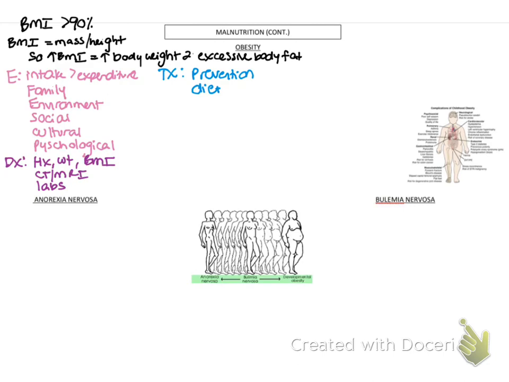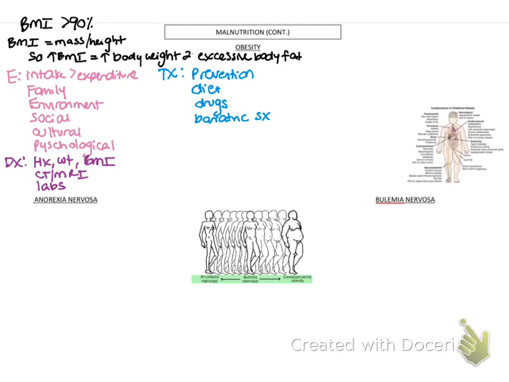Obviously, diet modifications. How many people in here have ever been on a diet in their entire life? At least once, right? At least once for one day, you might have said, I'm on a diet today. Maybe that was off by lunch, but I guarantee you, most of you have started at least and said, oh, I'm going to eat healthy today, right? There are drugs, that's obviously not recommended all the time. The big thing would be the diet modifications. I know some of the big stuff right now, they do vitamin B12 shots to help. But the problem is that once you take those drugs away, if you haven't made diet modifications, you're just going to gain that weight back.